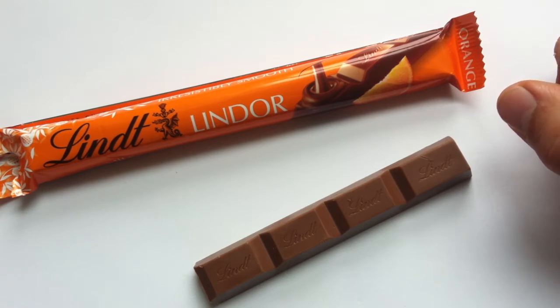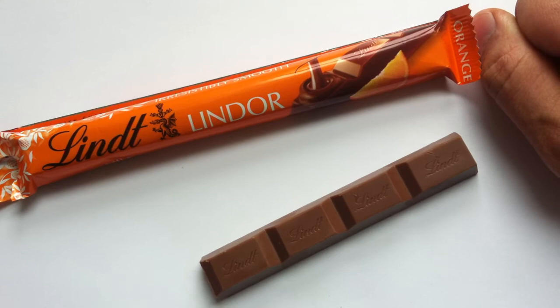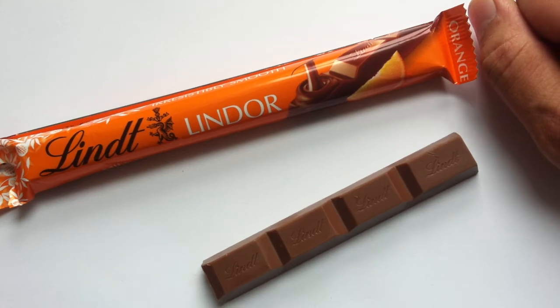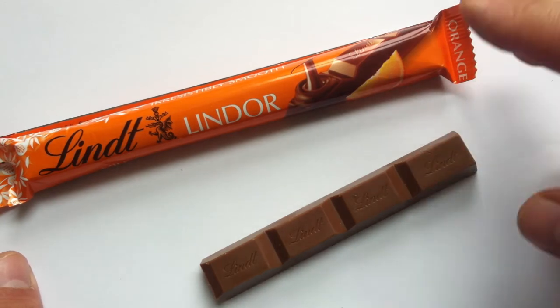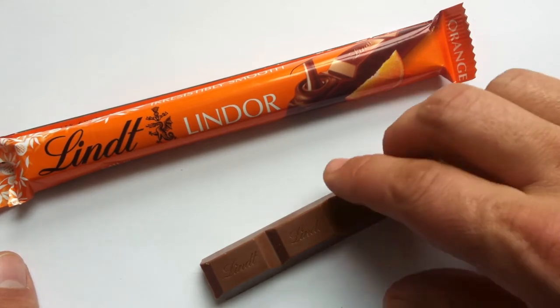Now, interestingly, it reminds me of how that ratio can really make a big difference in Kit Kats. If you think about the five-fingered Kit Kat versus Kit Kat Chunky, one of my absolute all-time favorite chocolate bars, maybe my actual favorite, is the Kit Kat Chunky. I think that the ratio of the extra chocolate in that is absolutely fantastic. And it's a very different experience than eating the smaller Kit Kat. Similarly here, although conversely, I would say that the truffle ball is just better. It's just a better mix of outer layer to inner. Not to say this is bad,